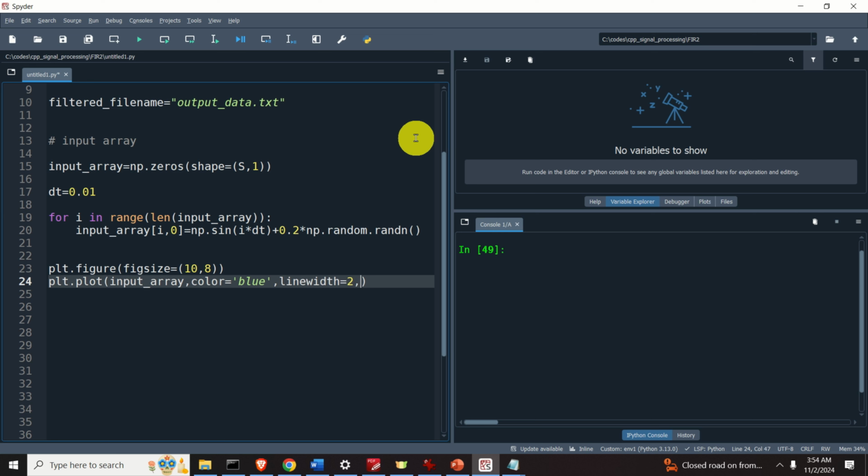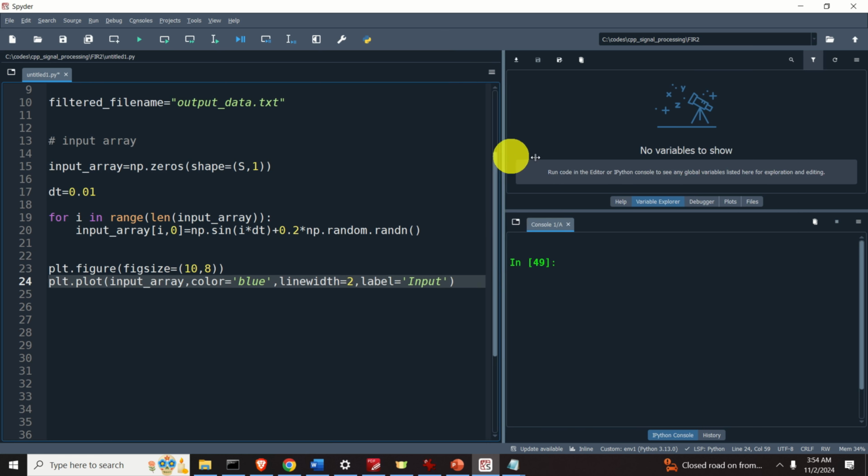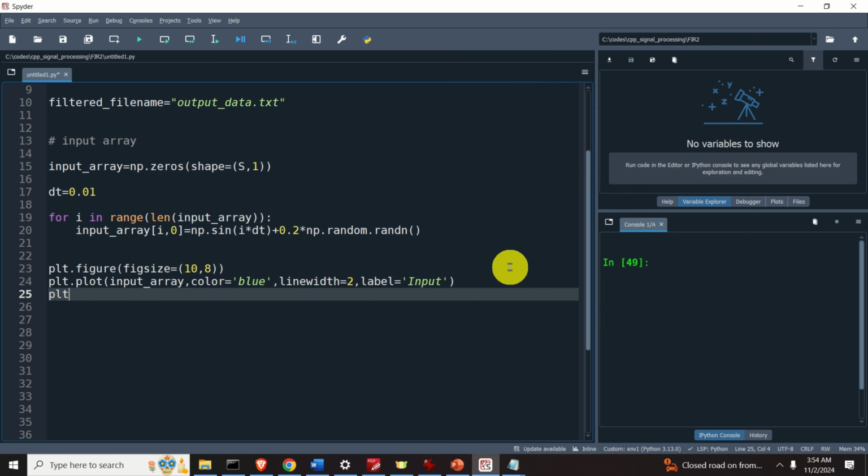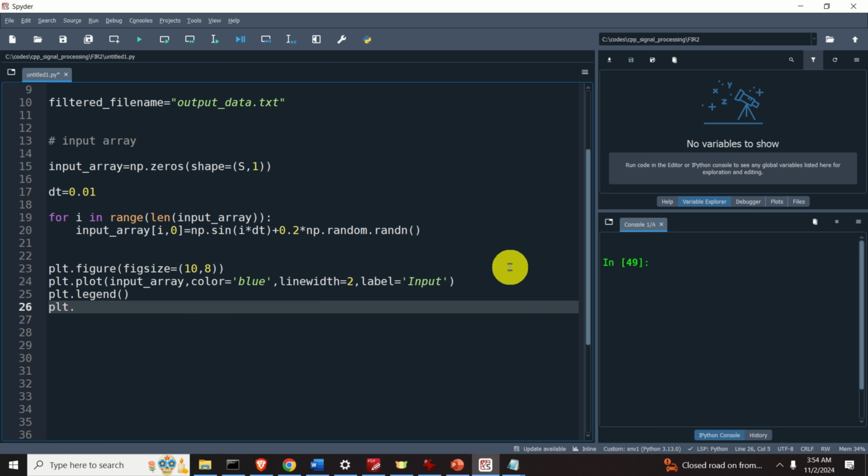Let's specify 2, and let's specify the label to be input. And that's it. Let me expand this such that you can see what I'm typing. Then let's add the legend. And after that, let's add the grid. Let's set the visible to be true. And after that, let's